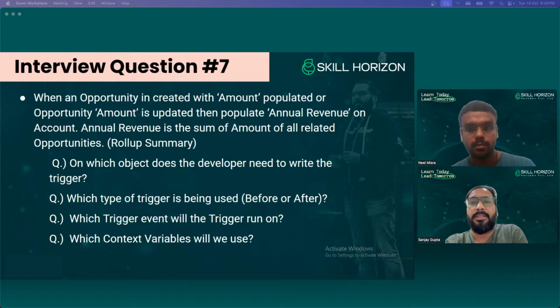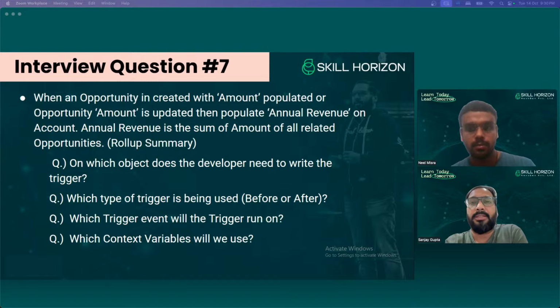Now third, which events will you be defining? Sir, since it is written that the functionality should be somewhat like roll-up summary, in that case we need to take care of insert, update, delete, and undelete. Here create and update are directly mentioned, and through roll-up summary you can identify we need to handle delete and undelete as well.